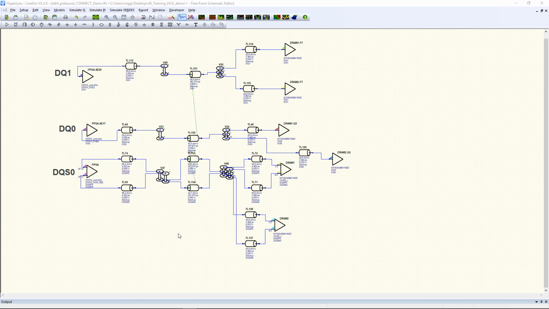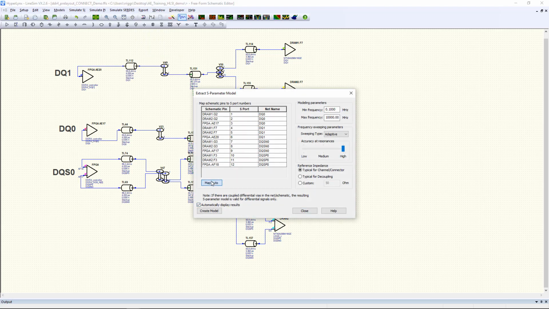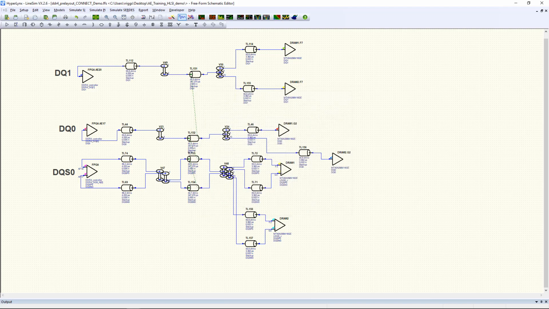HyperLynx VX.2.6 release brings a new Mentor syntax called connected. In this line sim example, we have DQ and strobe topologies that result in a split, meaning that for DQ1, it's connected to 2 and 3, and for DQ0, port 4 would be connected to 5 and 6, and so forth. So if we were to extract the S parameter model and assign the ports, and then open that